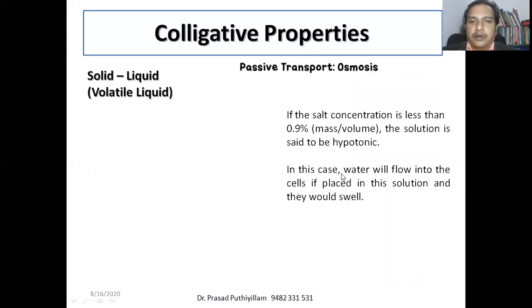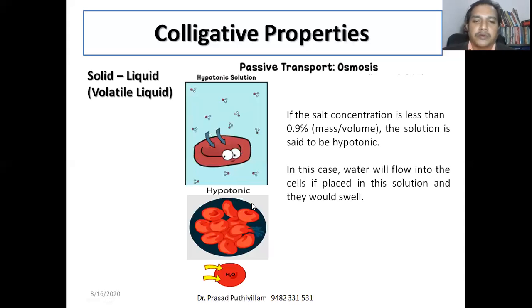If the salt concentration is less than 0.9 percent, then the situation is known as hypotonic. If it is more, we call it hypertonic; if it is less, it is known as hypotonic. If it is the normal case, that is, red blood cells in salt water of 0.9 percent mass by volume, we call it isotonic. Here it is hypotonic because the salt concentration is less than 0.9 percent. Therefore, there will be swelling of the blood cell, so we call it the hypotonic case.